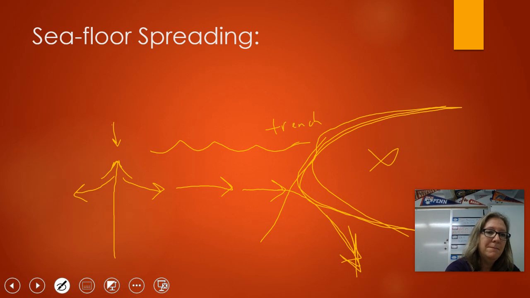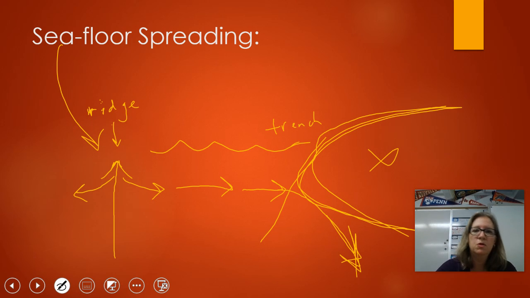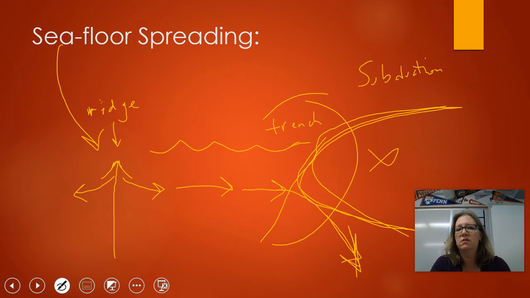This is a mid-ocean ridge, kind of like a mountain range. It's really hard to draw or write on this. That happens out in the ocean, and that is seafloor spreading. So this process is seafloor spreading. This process is subduction. And I'll show you some videos on this and draw it for you